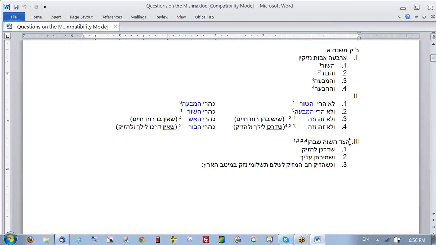Then the last phrase here is very interesting because all of a sudden we switch from the differences between the four avos and we look for the common denominators. So what's going on here? Why do we have to know that there's differences in common denominators? Either they're different and they're unique, or they're equivalent and I could just learn one from the other. Where do I get this combination of difference and similarity? It should really be, if they're similar, just give me one and I'll know all the other ones. If they're different, then they don't need to have a common quality. They should all be different.